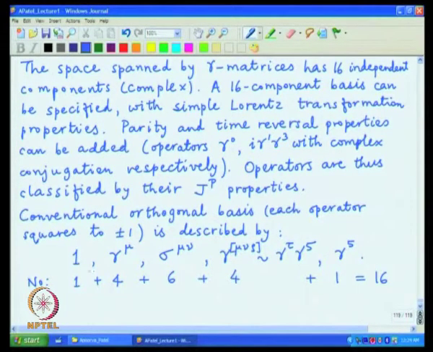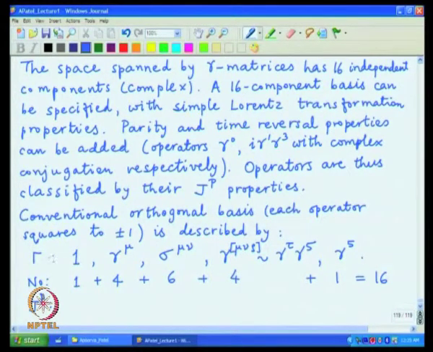One way is to take the product of any 2 components, and these are matrices, and take a trace, and if the 2 components are not equal, the trace is 0, and that again follows rather trivially, because the matrices obey Clifford algebra as well as the matrices are traceless. So, if you pick 2 operators from a different set, you will end up with a traceless matrix, and that implies orthogonality. Now, we can work out the value for the angular momentum together with parity for this particular case.